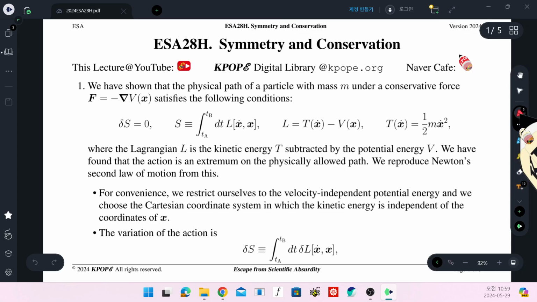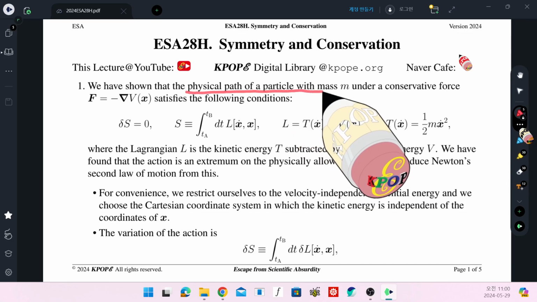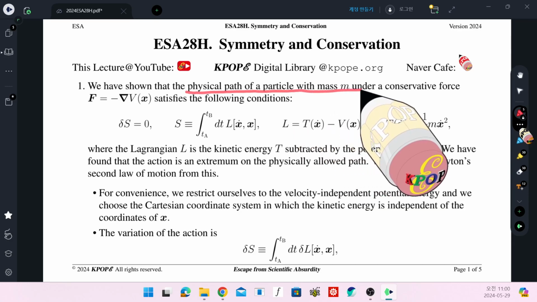This is the last lecture for Escape from Scientific Absurdity 2024. ESA28H, Symmetry and Conservation. So we have shown that the physical path of a particle with mass m under conservative